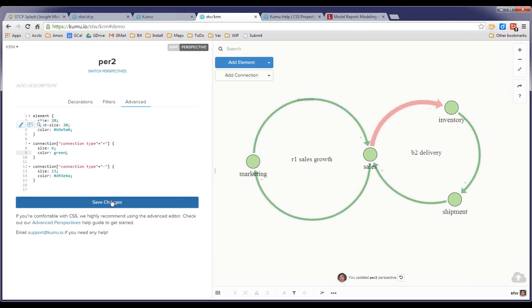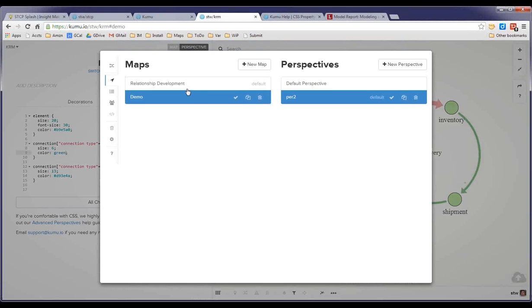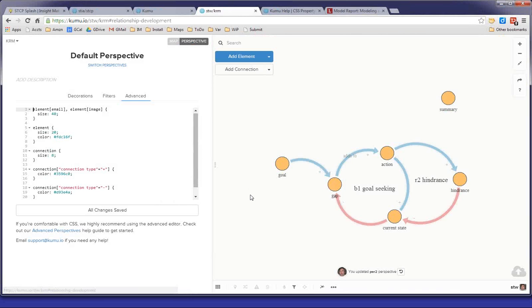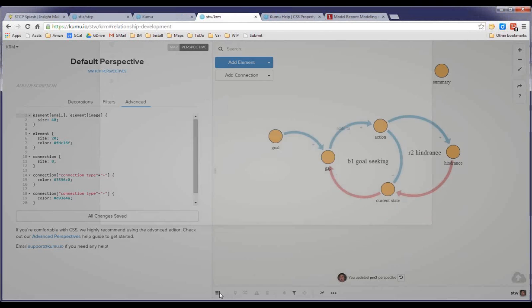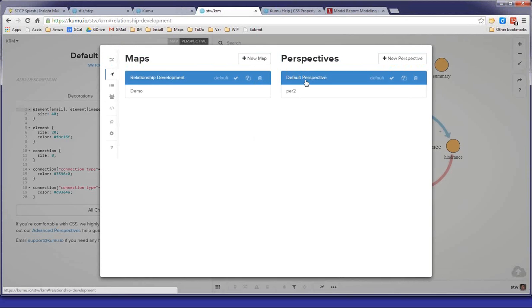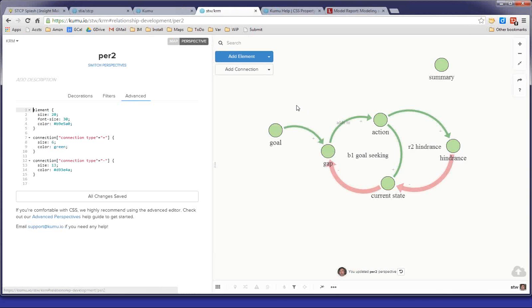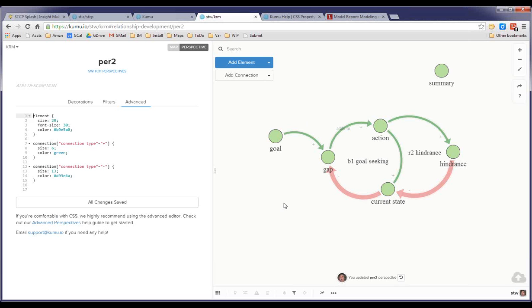green, which does not affect the way that the plus influences are styled on this map because they use different perspectives. Or I could take this map and restyle it by the other perspective, which automatically changes the way that it's styled. So in terms of a fluid set of options,